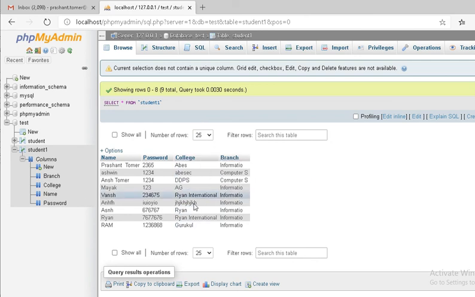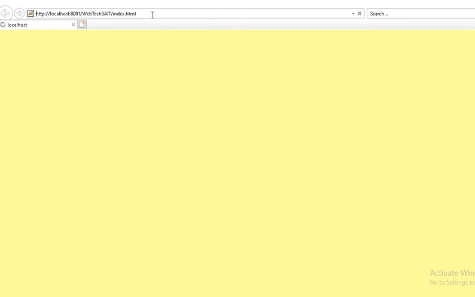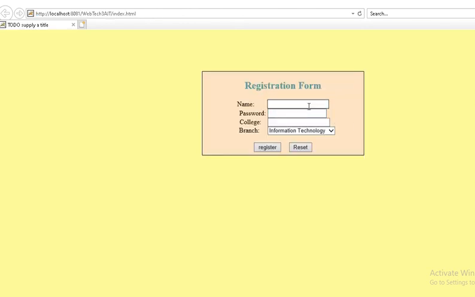Our page is also open, so let's try to insert some value and see if it is working fine or not. I am using Tom as the name. Password I am using is Tom itself.